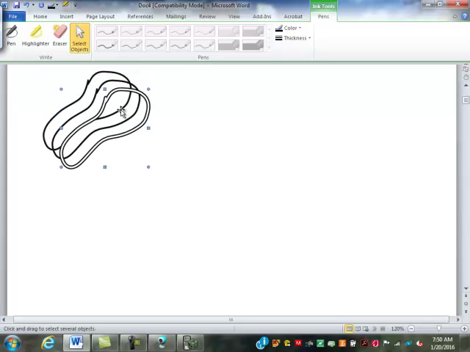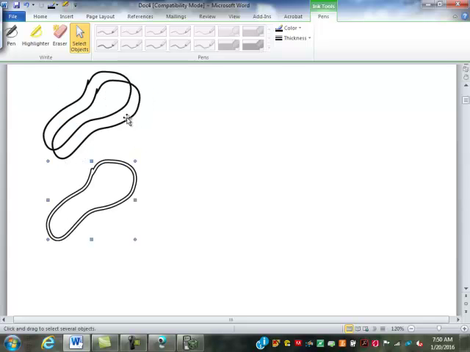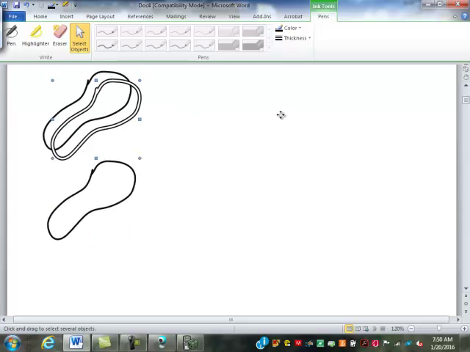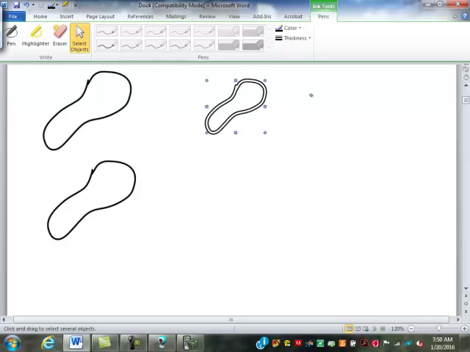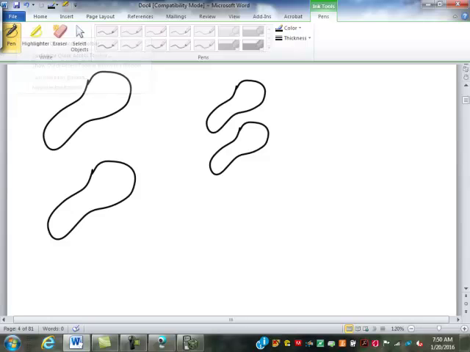What's that? Looks more like a peanut to me, but